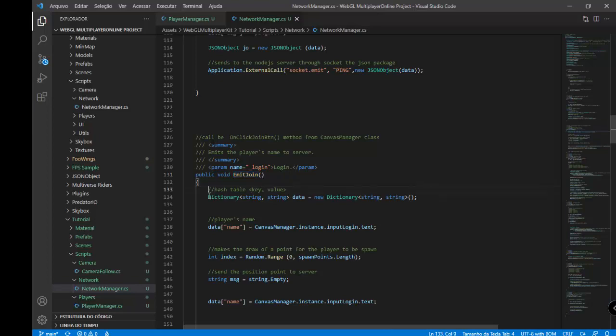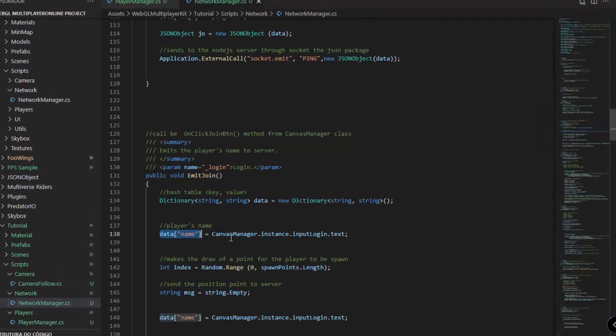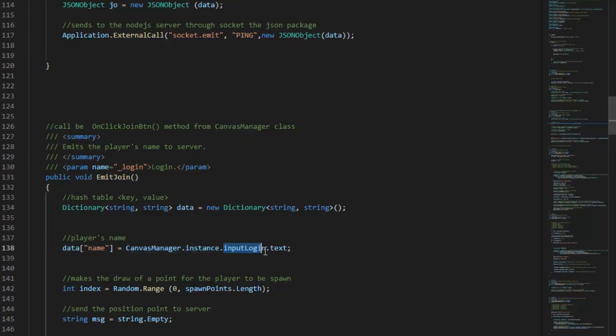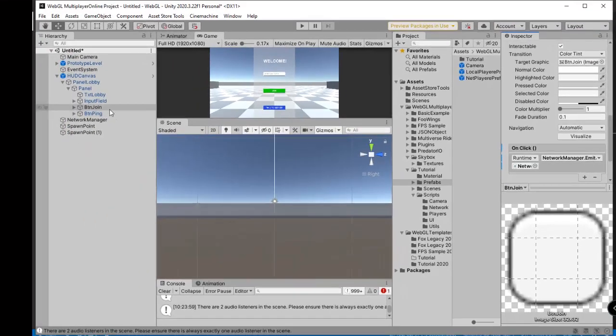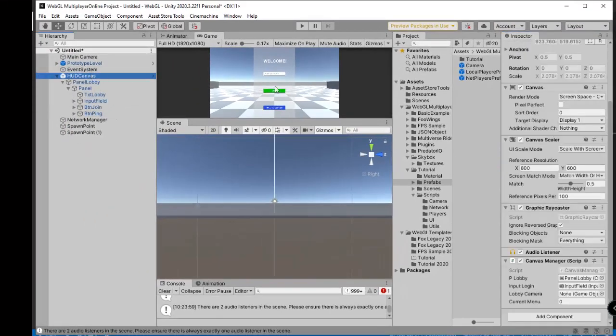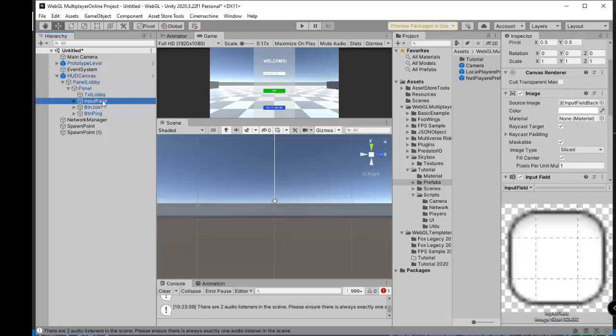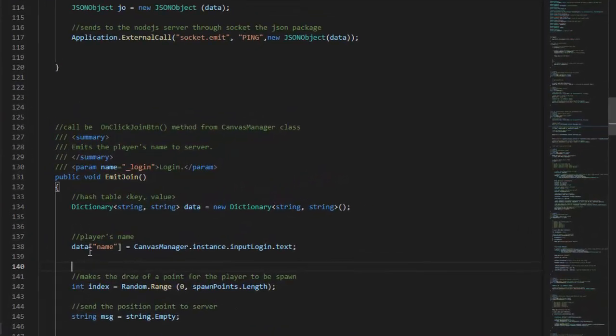So we have the player's name, we get the canvas input login, this input field contains the name of the player. We send this information to the server